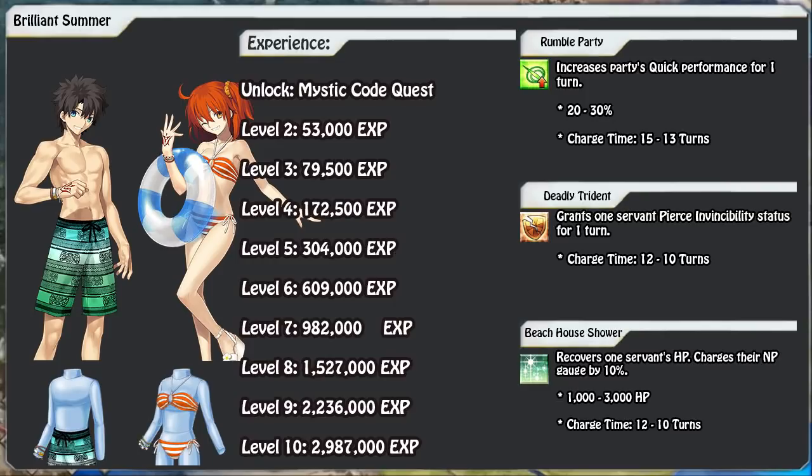There are craft essences that can help increase your points for your Mystic Code, and that's going to be very helpful, especially for some of the other Mystic Codes that we get. If you think 9 million points is a lot, you haven't seen anything yet. They go up to level 10 just like skills on your servants, and they also have 3 of their own unique skills that you can use at your leisure in the fight, and they work the same way as servant skills. So for the Brilliant Summer, first up is going to be the Rumble Party, which will increase your party's